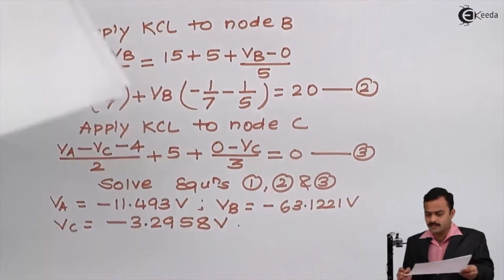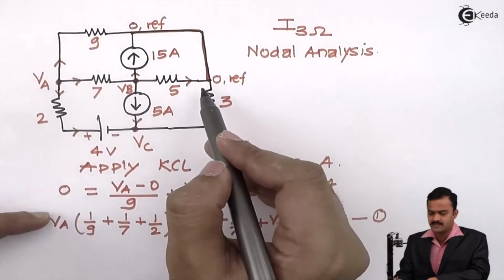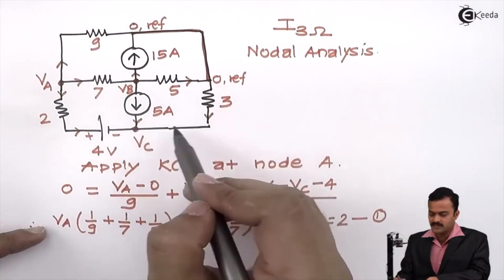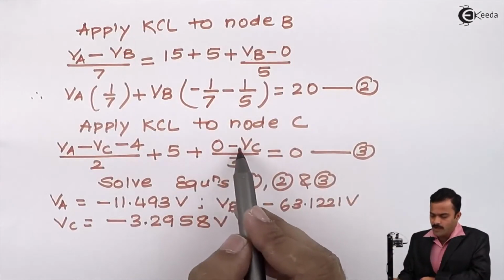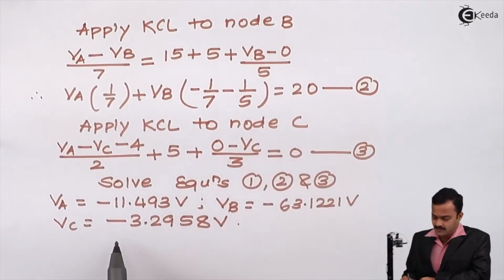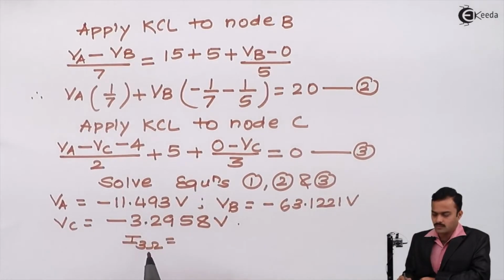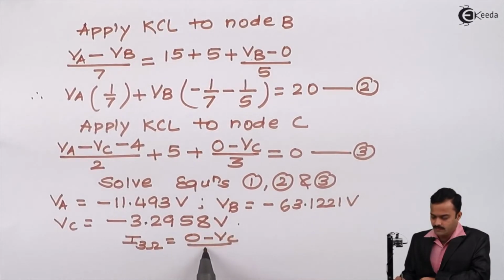Our objective is to get current flowing through the 3 ohm resistance. So for the 3 ohm resistance current, I have written an equation, 0 minus VC divided by 3. So current flowing through the 3 ohm resistance equals 0 minus VC divided by 3. If I substitute the value of VC, I will get the answer